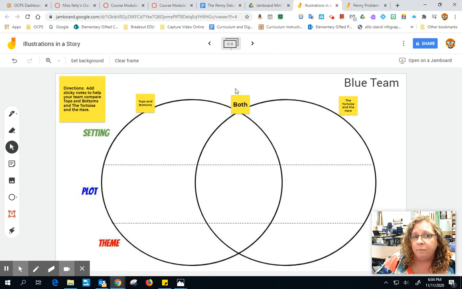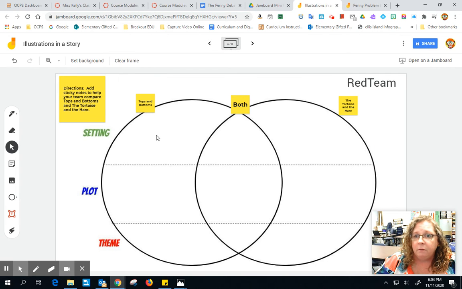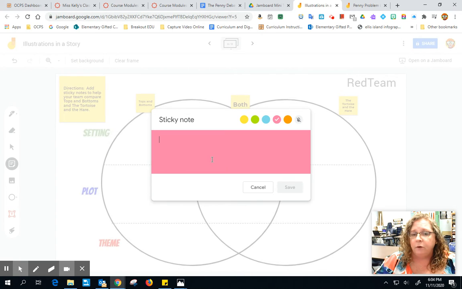Here's another one where this one was doing a compare and contrast of the themes for tops and bottoms and the tortoise and the hare. And there's one for blue team, there's one for red team, there's one for green team. So on this one, red team is all working together on this task. And so they are adding their sticky notes,